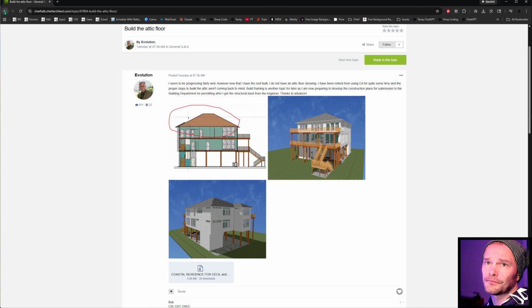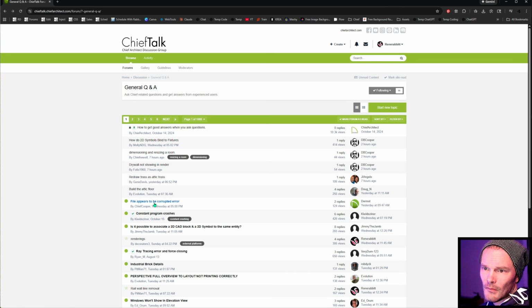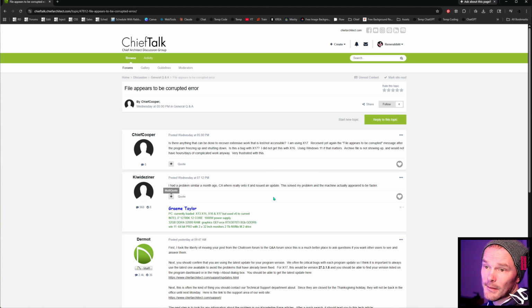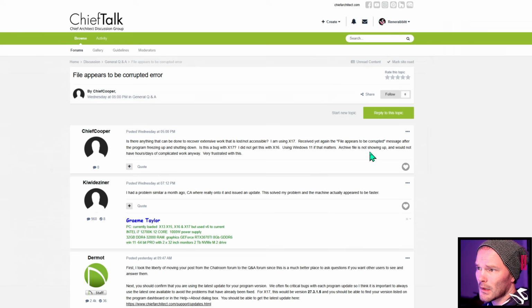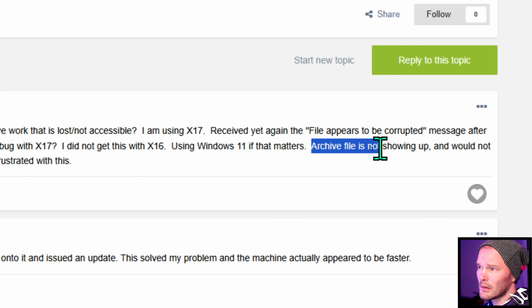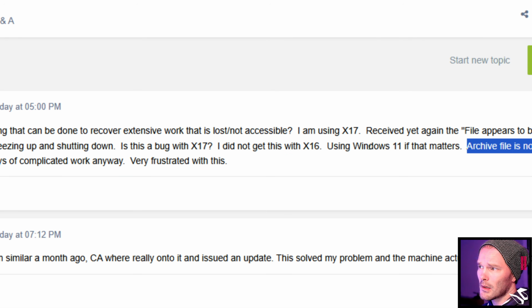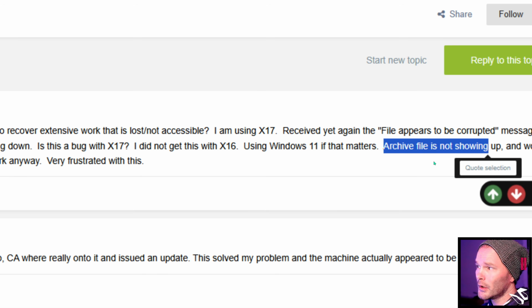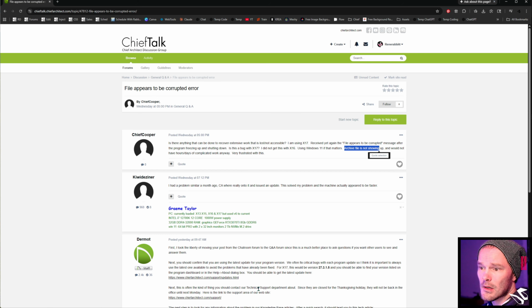Back to it. File appears to be corrupted. Hey, give Chief Architect a call. Give him your logs. That's all I would say. Archive file is not showing up is odd. And so maybe it's an archive file that was unnamed because they hadn't named it yet. So that could be something that they could do. And if they had run a backup, just know that Chief Architect, the way Chief Architect does backups now,